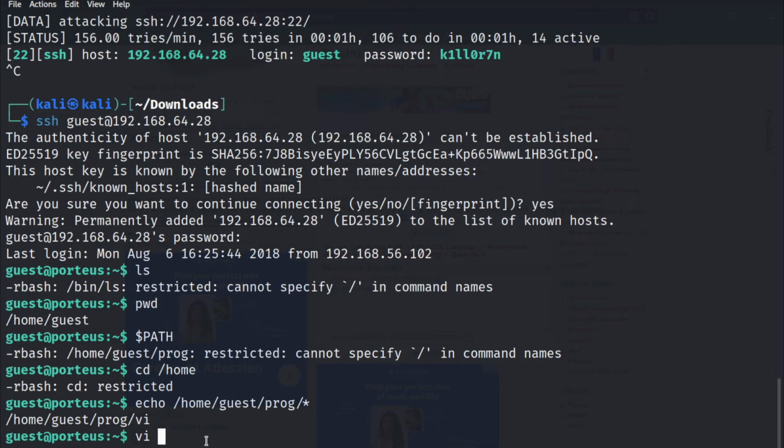Vi sucks, yeah, completely sucks. That editor sucks, and I can just give vi and just type this command to remove the restrictions, and I can just say an exclamatory, and it's not implemented. Okay, anyways, let's give slash